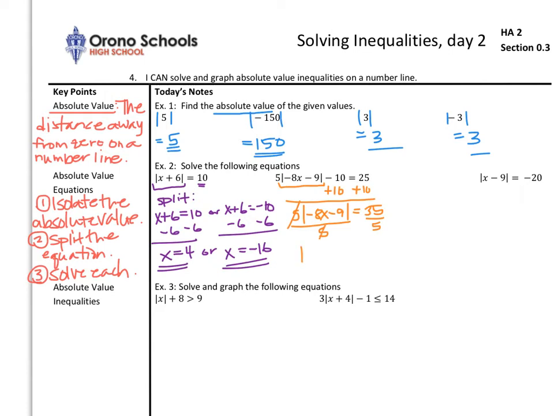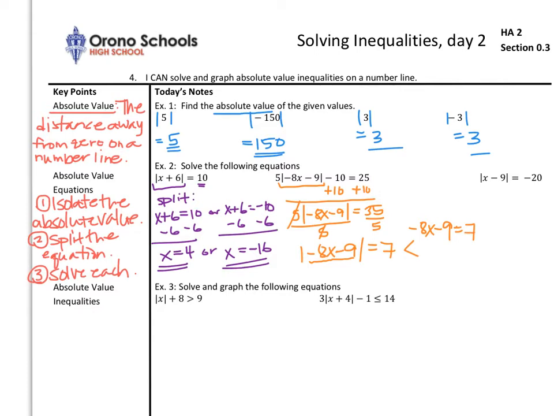That gives us the absolute value of negative 8x minus 9. On the right-hand side, that will equal 7. So here's where we have to be careful. When we split this for step 2, we're not going to change anything on the inside. We're going to say that negative 8x minus 9 could equal 7,